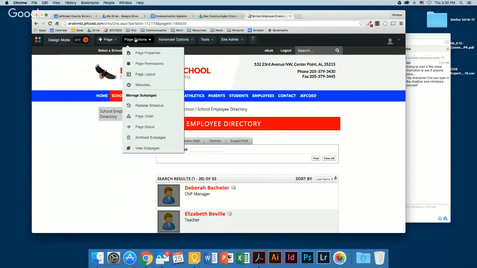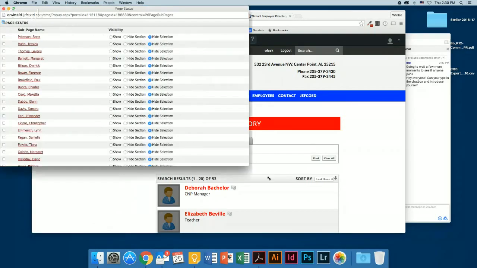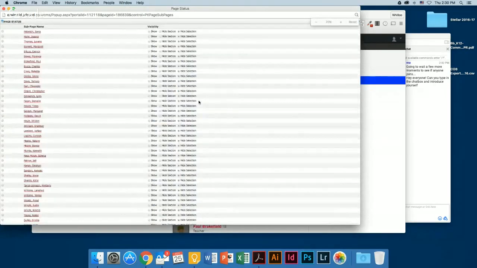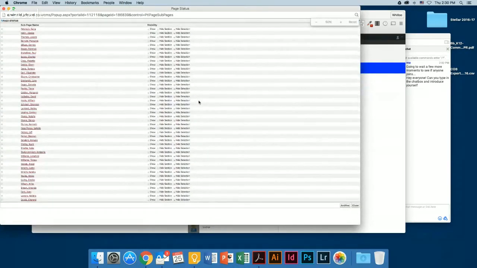But if you go up to page options and page status, you'll see all your teacher pages are hidden. So what I do first is zoom out and go down and hit show. Get all of this. This is the annoying part. And I zoomed out because if you can't see the whole screen, it refreshes every time you click on one. You have to scroll back down.